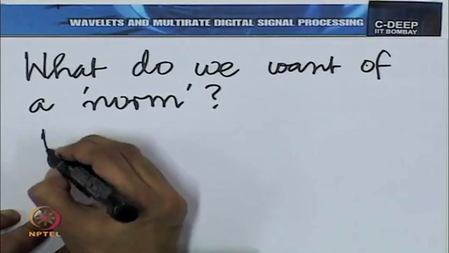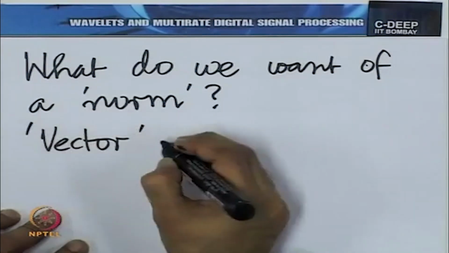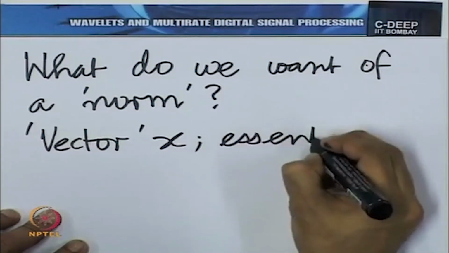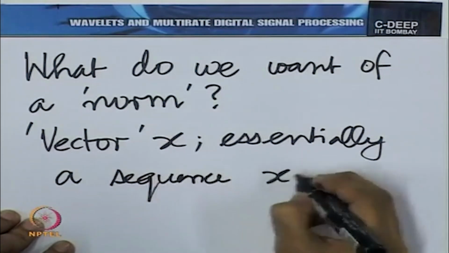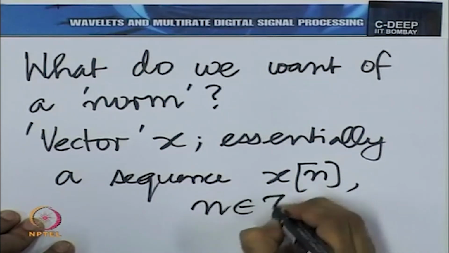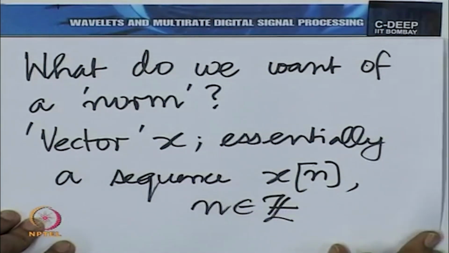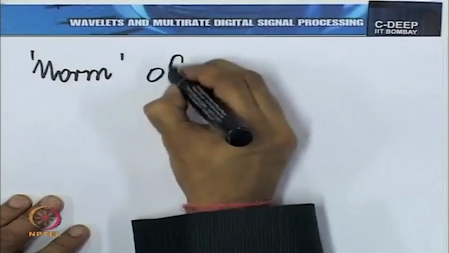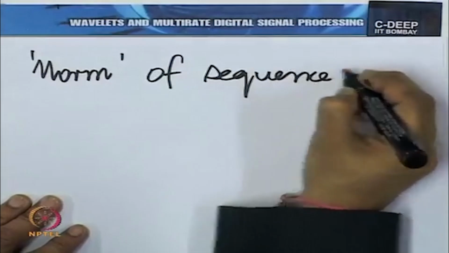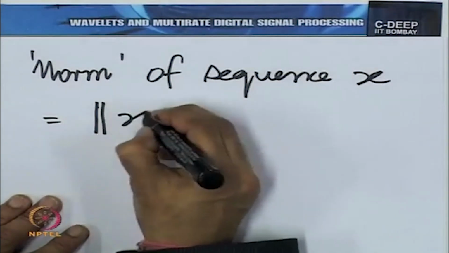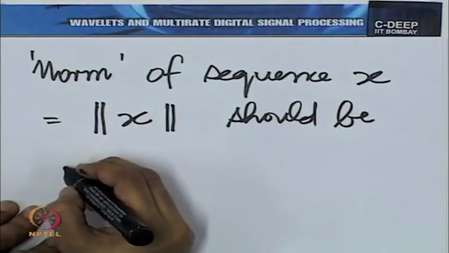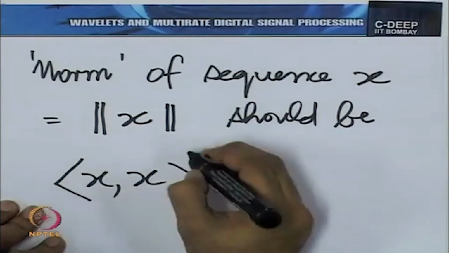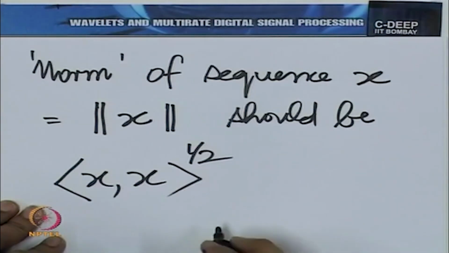So, if I have a vector x, essentially a sequence x n, n over the set of integers, then its norm, which we shall denote in the following way, we will denote it like this, should be essentially the dot product of x with x square root. And further,